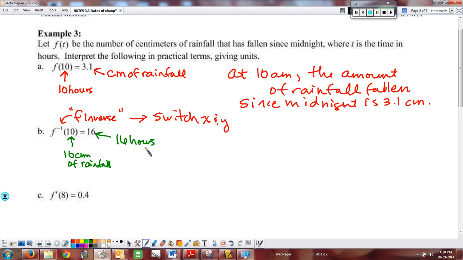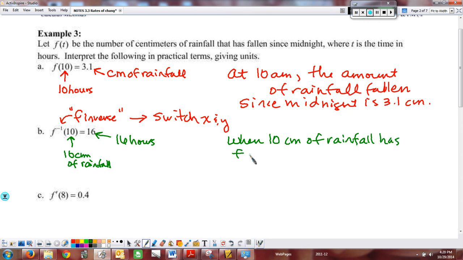Right? And so now in this function, because we've switched x and y, what we're basically doing here is saying based on the rainfall, how many hours have passed. So our when is when 10 centimeters of rainfall